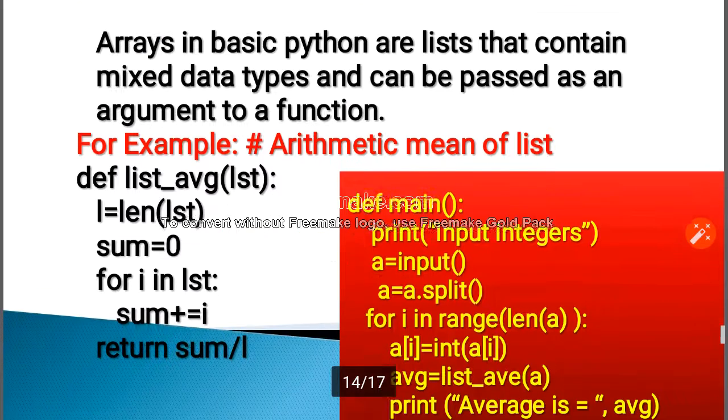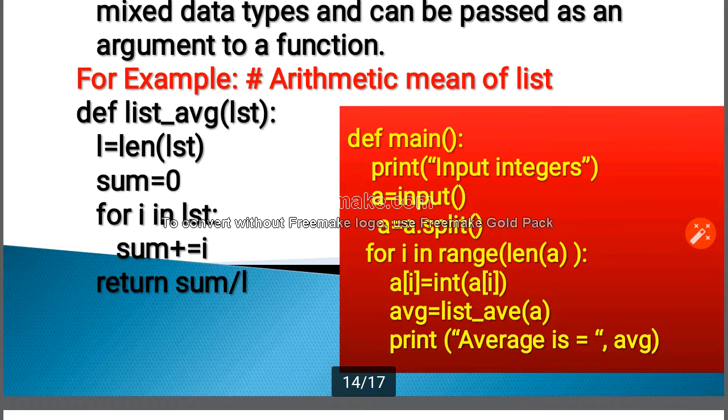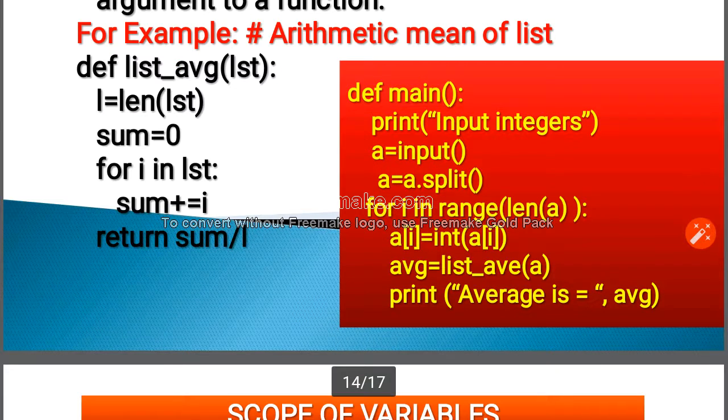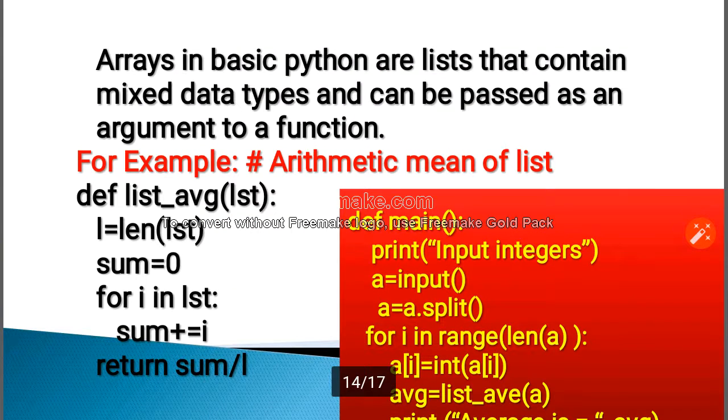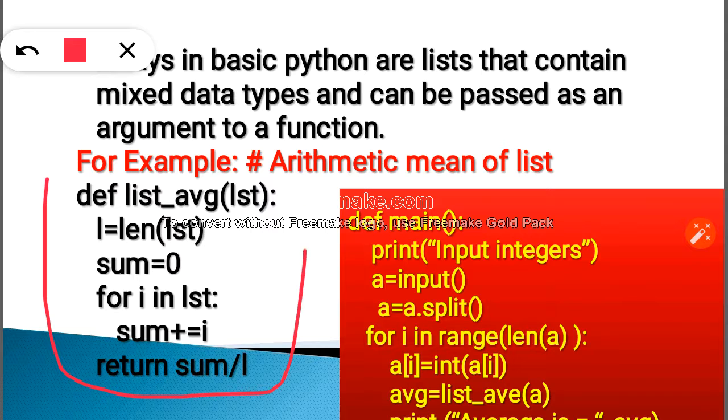Over here you can see an example program about average. def list_average(lst), so lst is the parameter.